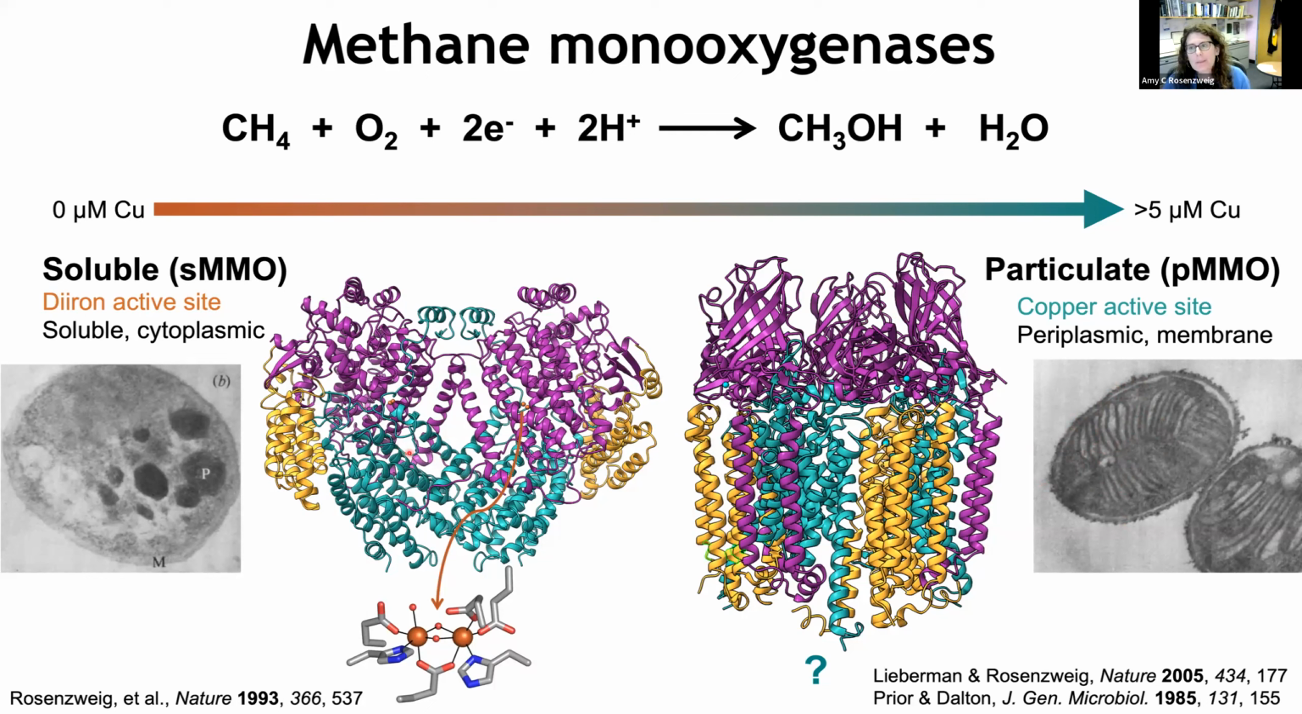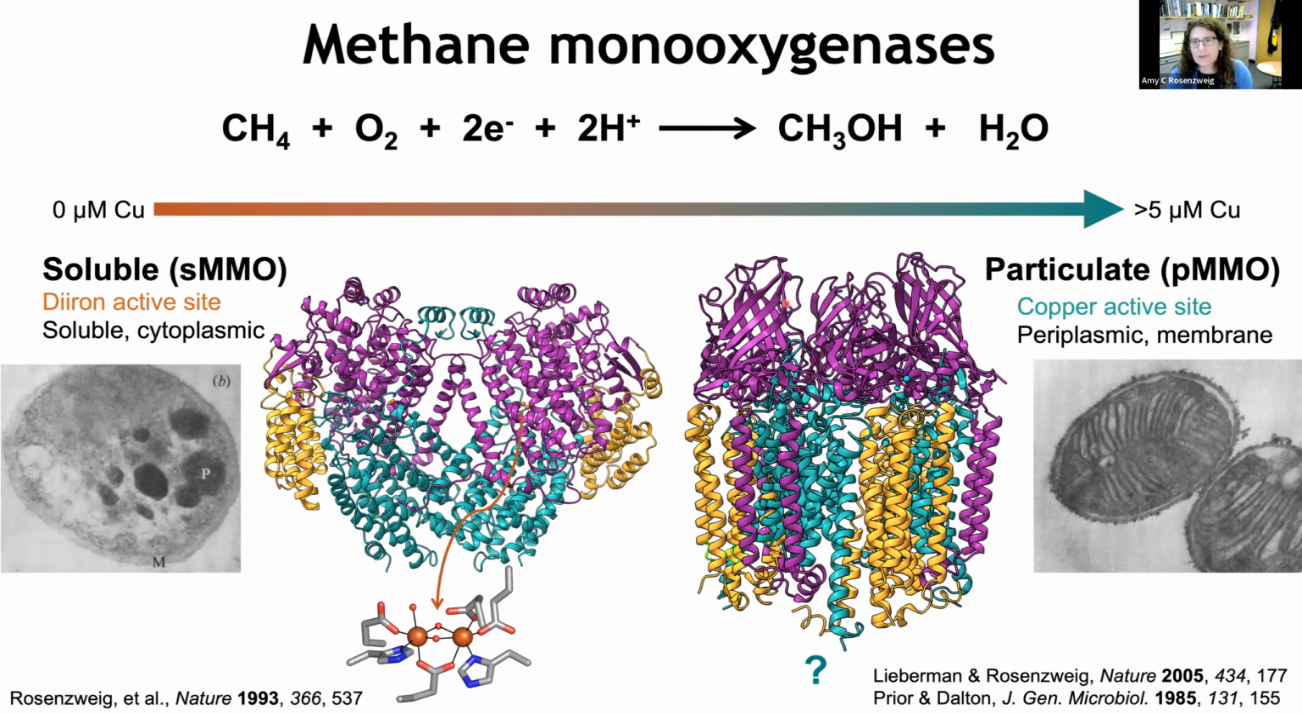Now, unlike the sMMO, where we know exactly what the active site looks like, this diiron center with histidine and carboxylate ligands, for the pMMO, all we know is that it requires copper in its active site. And I won't go through the data we have proving that its activity is dependent on copper. I'll just ask you to believe that. And it kind of makes sense since its expression, its use in some bacteria depends on having copper in the